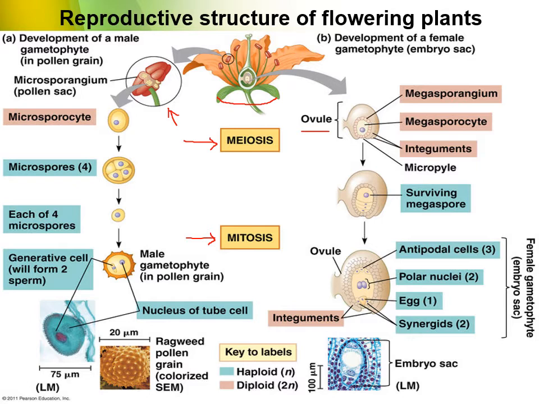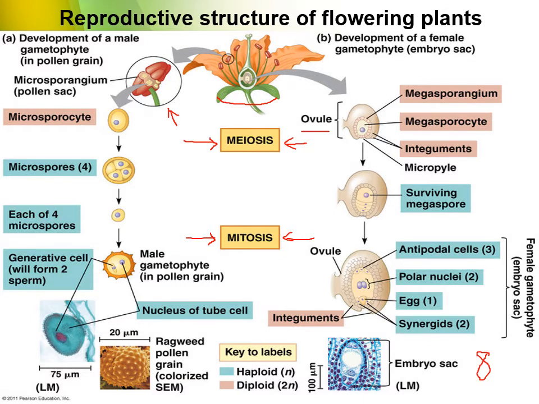This megasporocyte will undergo meiosis to produce 4 megaspores. However, only one surviving megaspore will undergo mitosis to develop into a female gametophyte or embryo sac, which contains 8